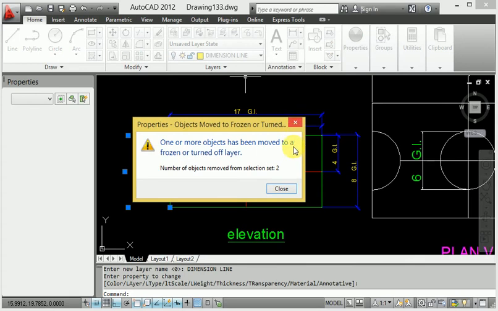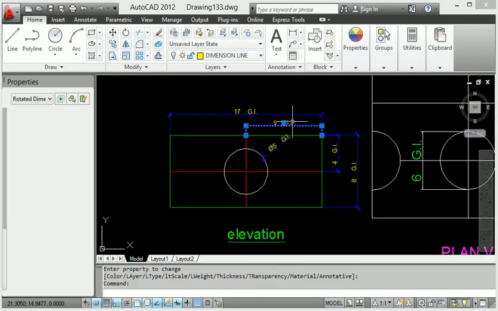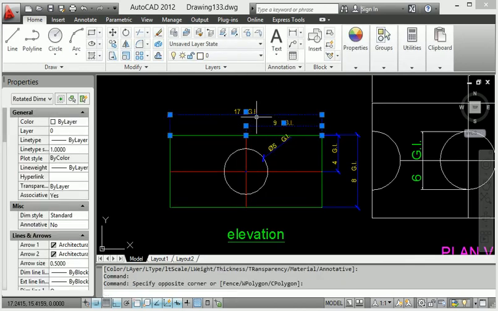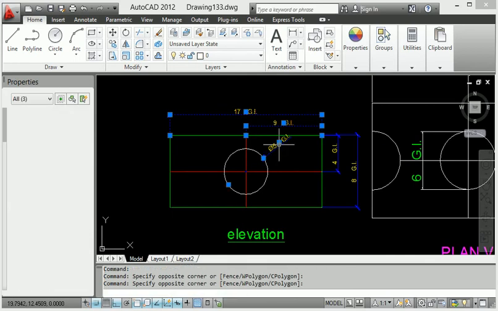Same thing, I will click this line, whatever dimension it will provide.